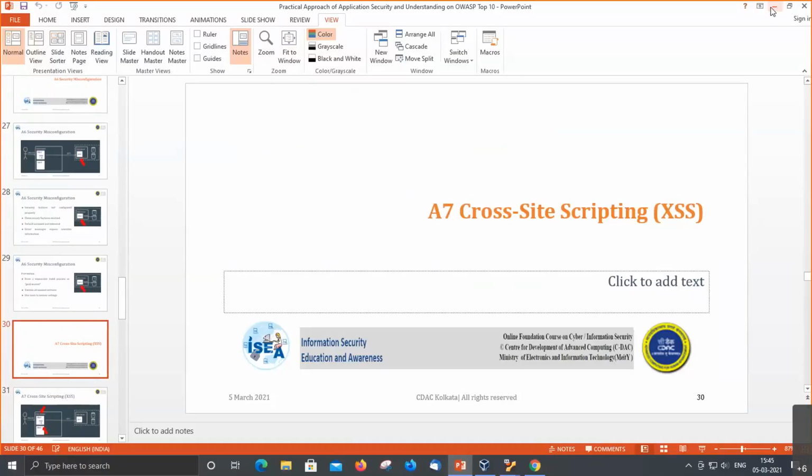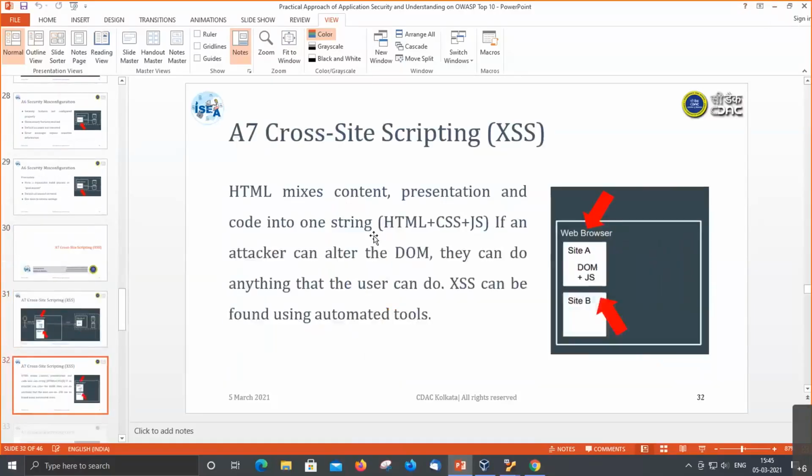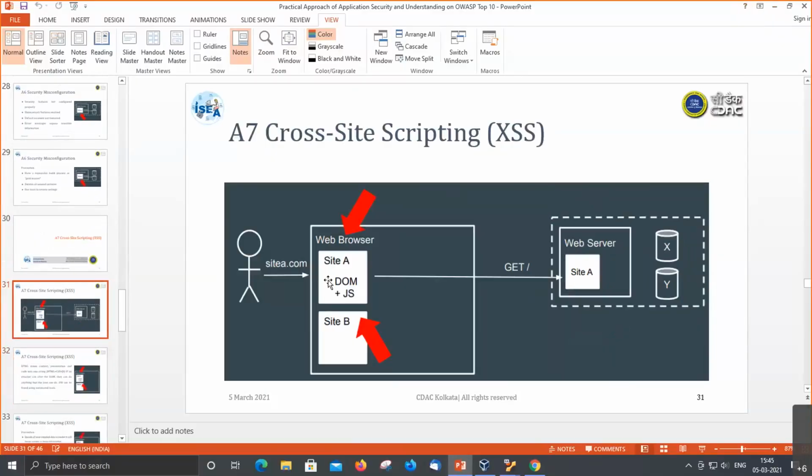You can see that in this case the user is sending the request, typing the URL in the web browser. In that browser, some attack happens. Then the request automatically goes to another site, that is site B. That is, the user is trying to send the